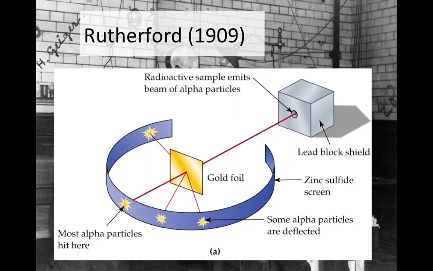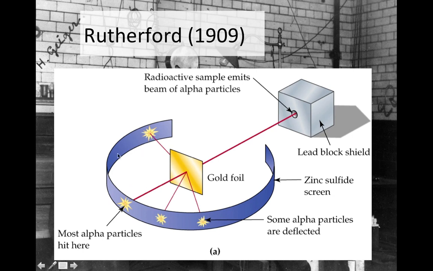Well, they took some of this newly discovered radioactive material, which gave out what we now know as alpha particles. It was actually Rutherford and Geiger who did a lot of work identifying alpha particles later, but they had some idea of what these things were. They knew they were relatively heavy compared to electrons. So they put these in a lead block with a hole, so a ray of them came out of the block, and they passed them through gold foil.